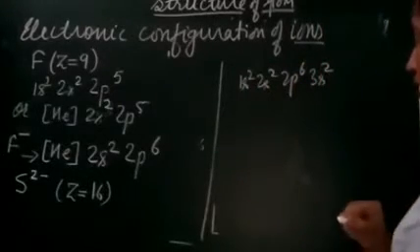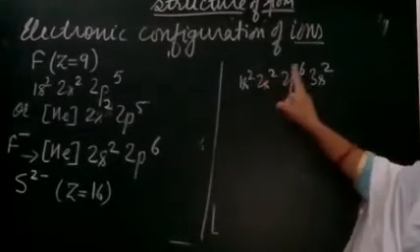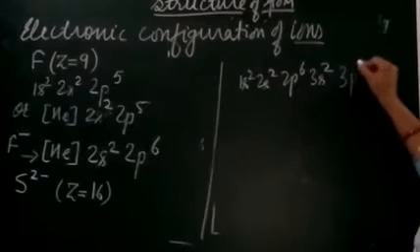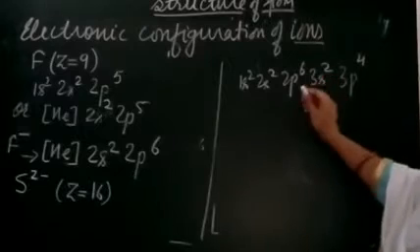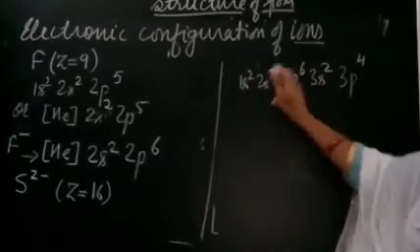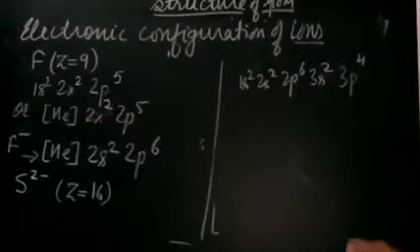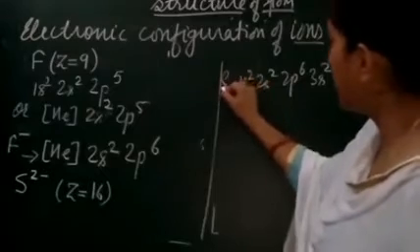Here I will make a halt, right? Because here we're getting 6 plus 2, 8, 9, 10, 11, 12. Then 3p, if it is 4, right, students? So how much are we getting here? 6, 7, 8, 9, 10, 11, 12 plus 4, 16. This is the configuration for sulfur, right? Now 2 electrons are to be added. So this was for sulfur.